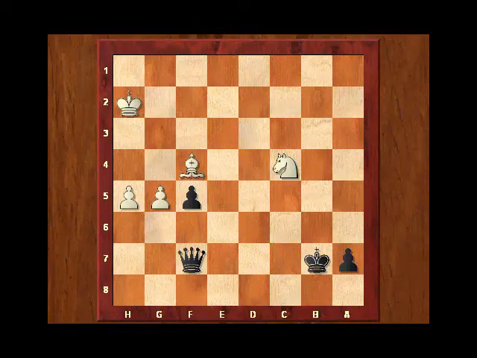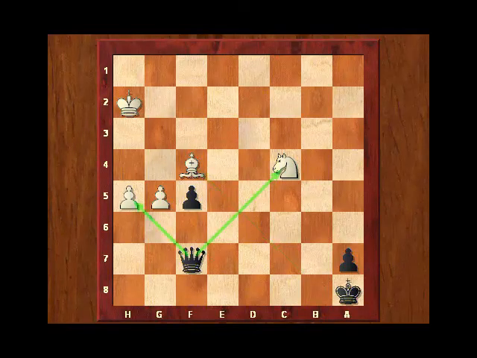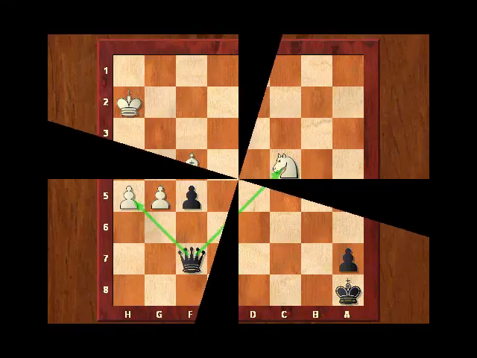Oops, that fails to the knight fork, knight d6, losing immediately, of course. Well, then we have another candidate, I suppose it's king c8, but oops, that fails to the same knight fork, knight d6. Well, then I suppose there's only one remaining decent move here, and that is king a8. And now white is no longer in the position to check